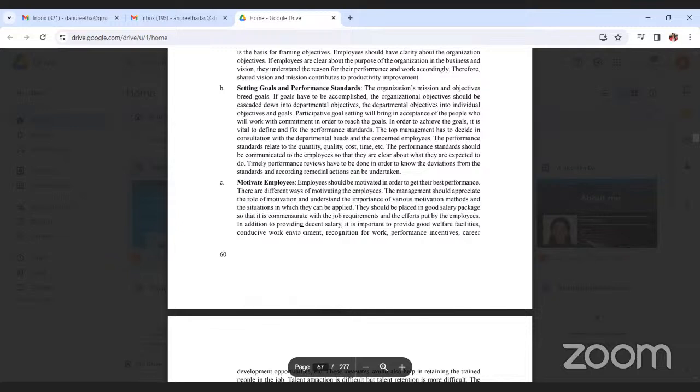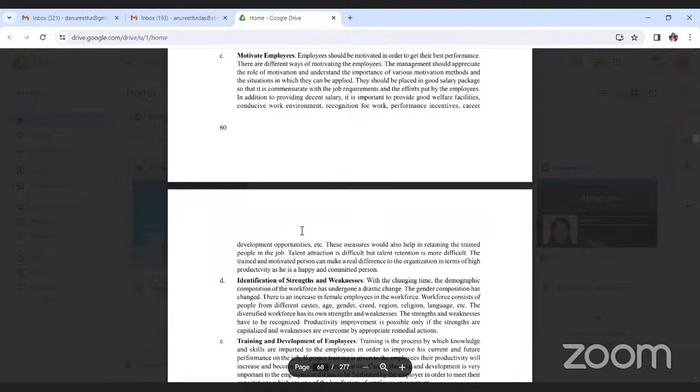Next is setting goals and performance standards. Every department and every individual should be able to set a certain objective, a certain goal, so that you are able to reach that goal. If there is no goal, then everybody is just working without being able to come to a decisive measurement of outcome and input. So the performance standards should definitely be communicated well to the employees so that they know what to expect when setting their goals. That is timely performance of certain things, so that they would know how to set those goals.